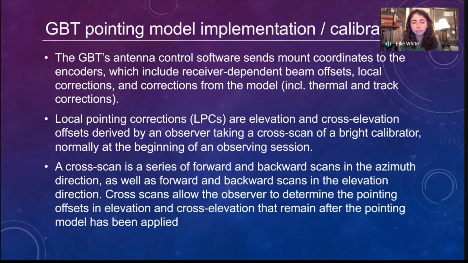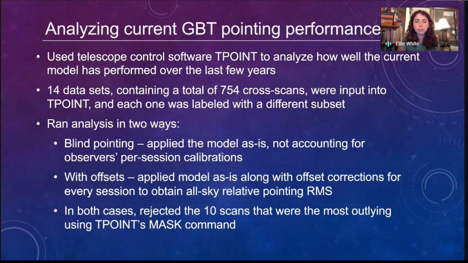A cross scan is basically just a series of forward and backward scans in azimuth and elevation. So it just lets you figure out what remaining errors exist that you need to correct for. What I've been working on over the past few years, among other things, has been a really thorough analysis of how well the GBT's pointing actually performs. I'm going to show you a few plots shortly that I made using